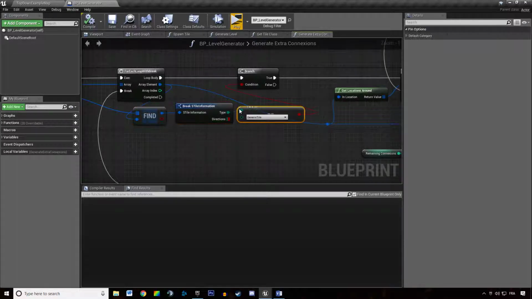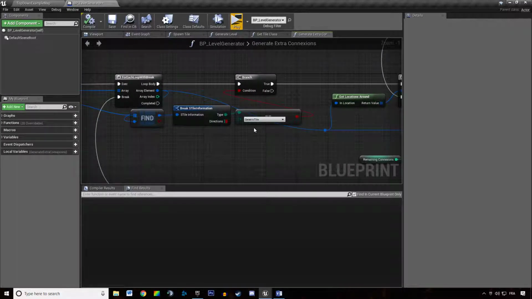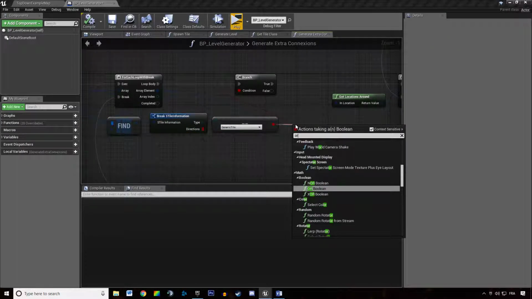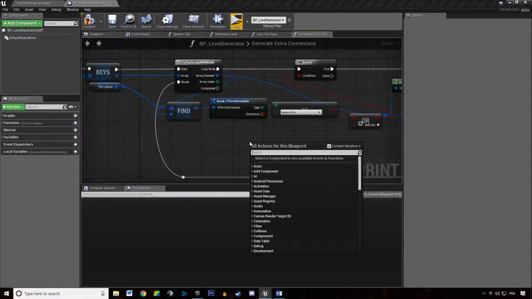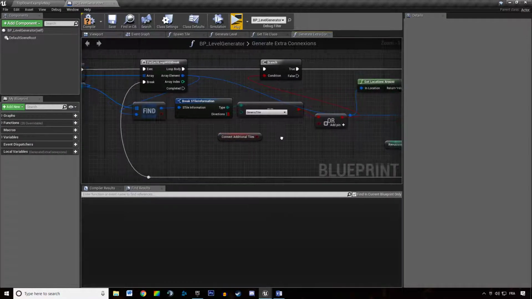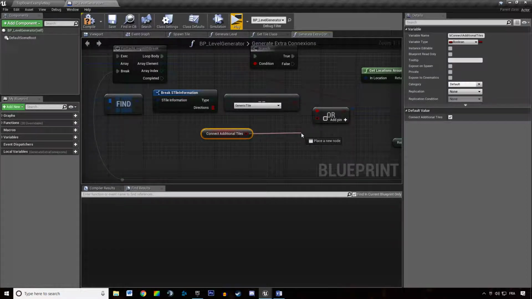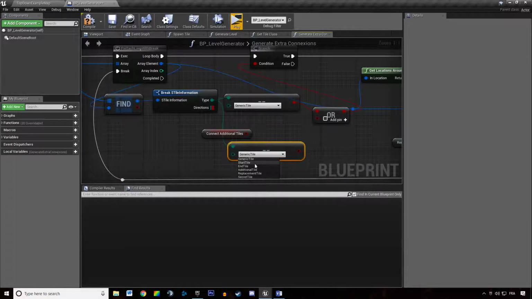So we are going to say you filter generic tiles, or if additional tiles is true, connect additional tiles is true, and the tile is an additional tile,